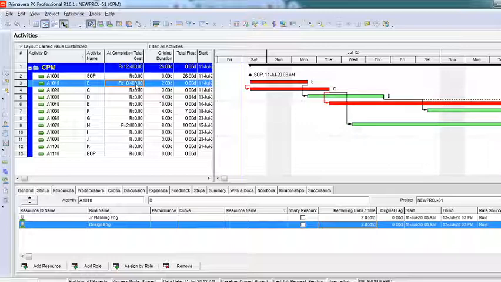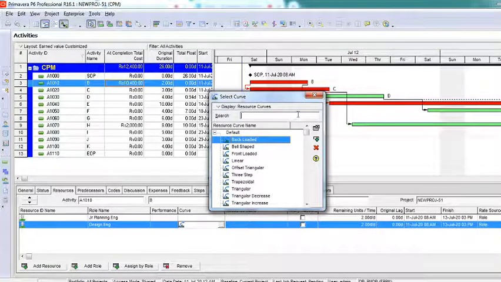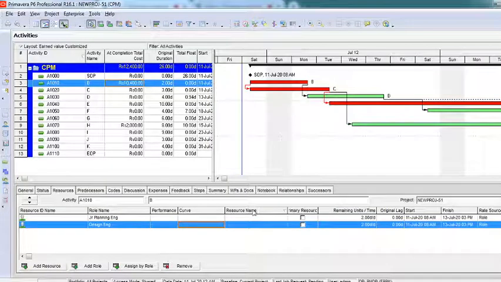I feel this is easy, but it's very interesting. Further, I'll also teach you about what this curve is and all. Only once I assign the resource to this, you'll be able to actually understand the curves. It's very interesting. You can also monitor the performance of each and every human resource. As you know, I showed you the productivity sheet of human resources in Excel just a few minutes back.